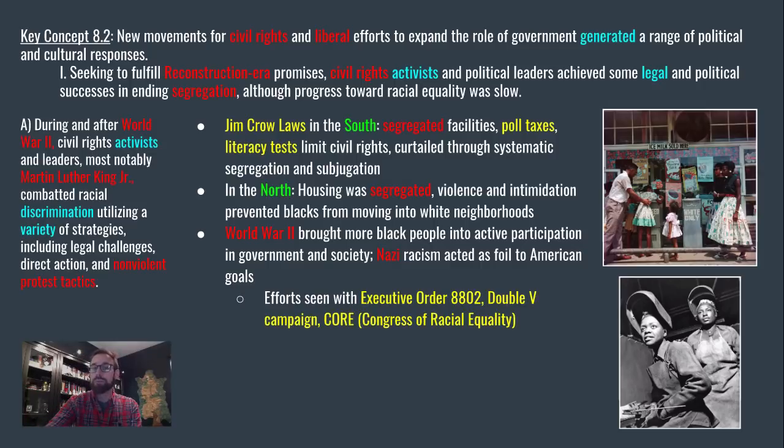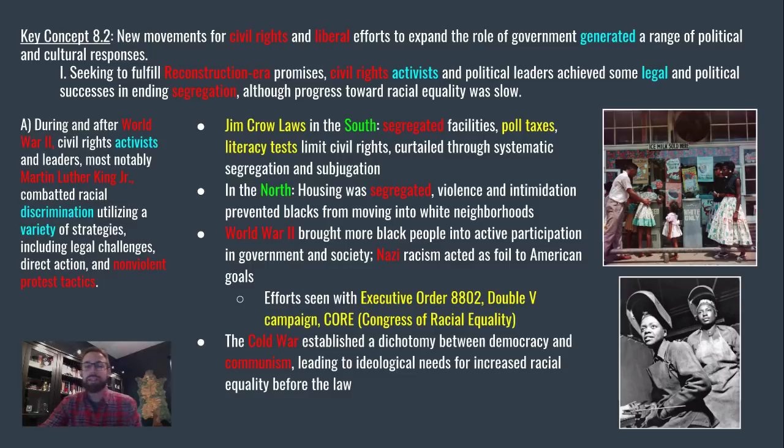Now, after this, we're moving into the Cold War, and suddenly there's this mentality in America, just like with World War II, that we were fighting a world evil. This time it was set up that the world evil was communism with the Soviet Union. And because there's this dichotomy between our values and their values, there was a feeling that we needed to prove that freedom could lead to more equality before the law,